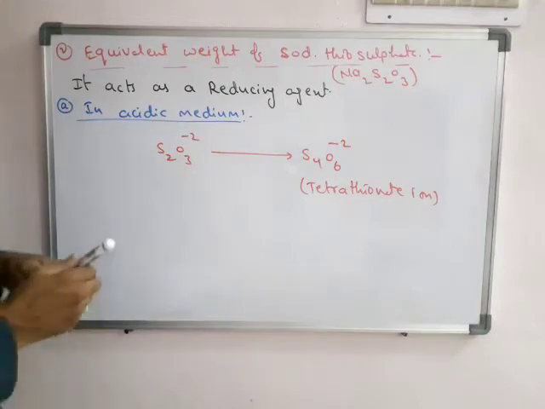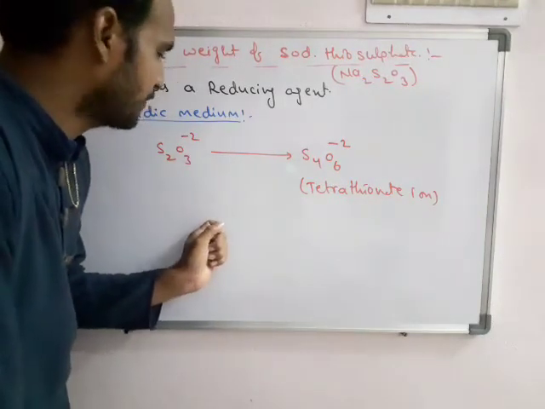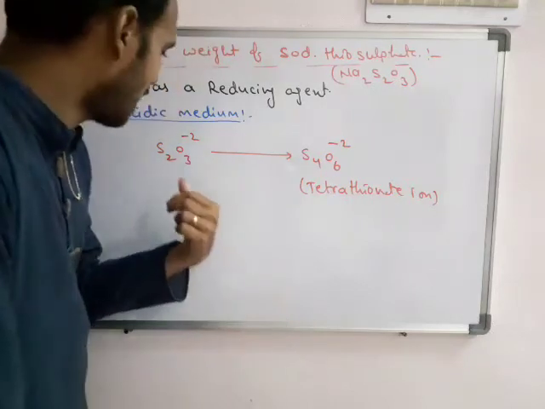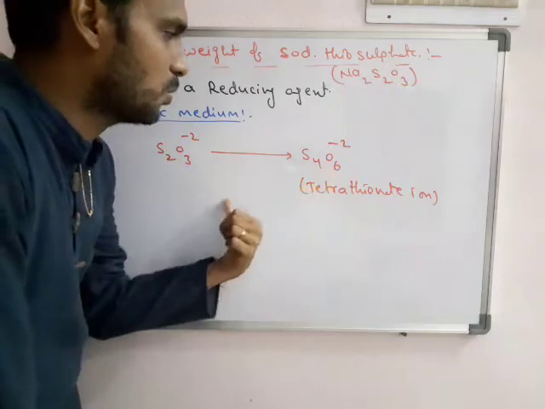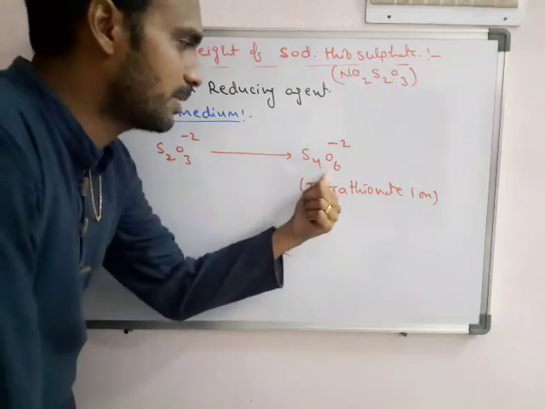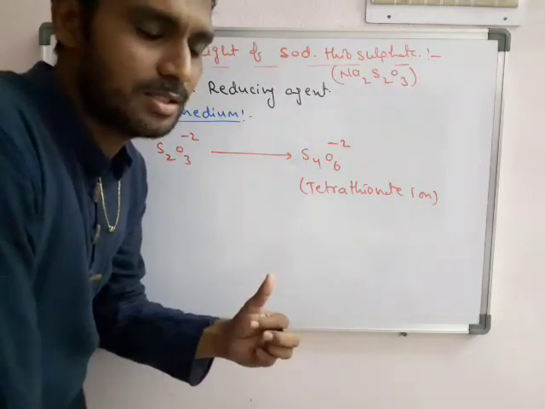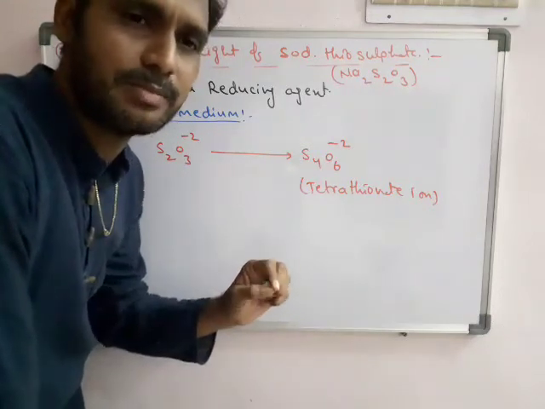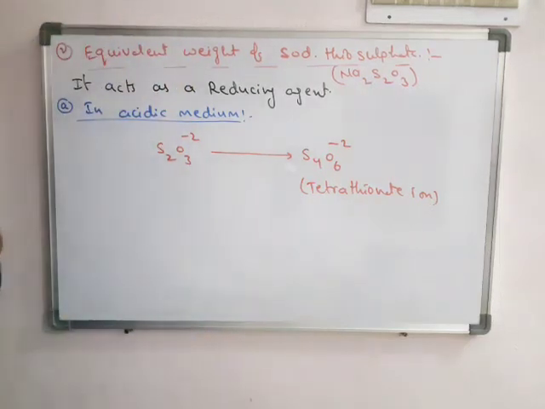So what is the oxidation number of sulfur? To find the number of electrons, it is a simple oxidation or reduction. Here 3 oxygens, here 6 oxygens. Gaining of oxygen means it itself is oxidized. It is oxidized, which means it works as a reducing agent. A reducing agent releases electrons.